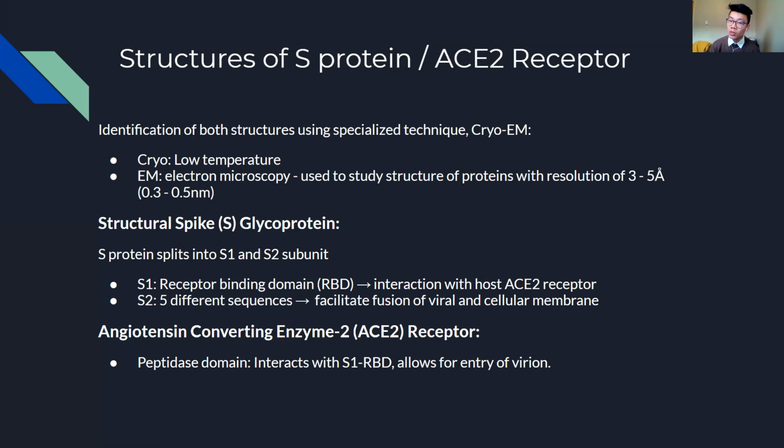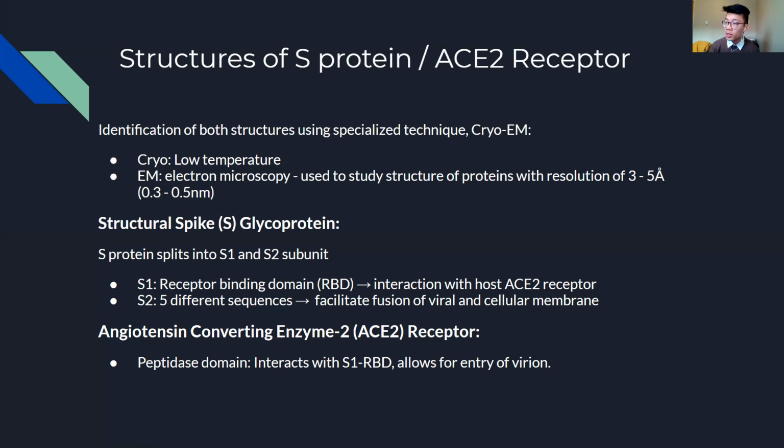The first protein of interest is the structural spike or S glycoprotein, which splits into 2 main subunits, an S1 and S2. The S1 subunit is a receptor binding domain, which directly interacts with the host's ACE2 receptor. Meanwhile, the S2 subunit is composed of 5 different components, all which are used to facilitate fusion of the viral